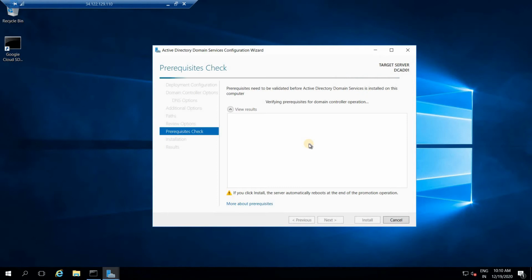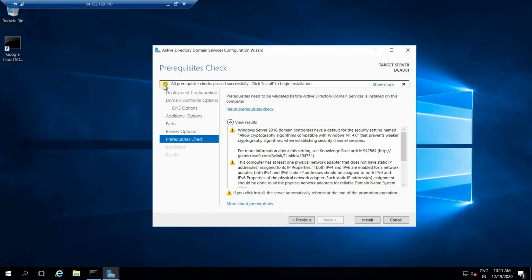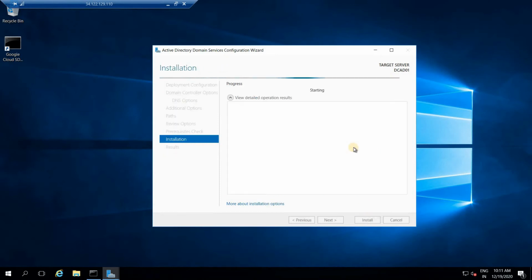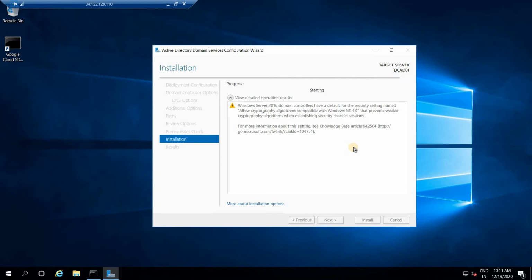Validation is checked before the AD is created. So we have already done this administrative password change. So yeah, you can see this green sign here, that means all prerequisites checks have passed successfully, so we can proceed for installation. Click on install and wait for 2-3 minutes, and your domain controller will be ready.